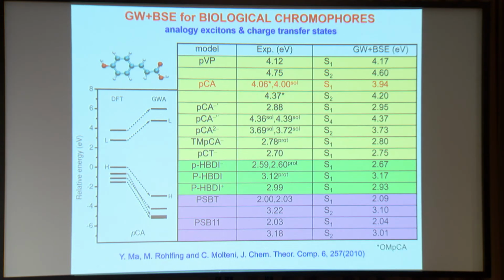I mentioned before this other methodology, the GW plus Bethe-Salpeter equation. We wanted to test how it works for biological chromophores, with the GW taking into account beta orbitals. It's used a lot in condensed matter to get better band gaps with respect to the usual density functional theory. We got quite good results, so this has been a first attempt to use these methods. Now, the drawback of these methods is that they're still not conventional for calculating forces. So they're mostly used for absorption spectrum or spectroscopy, but not yet for molecular dynamics, which is what we are mostly interested in, especially if you want to study isomerization processes